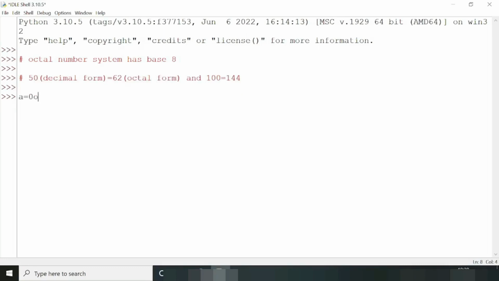So let me define an octal number, that is a equals to 0o and then 62, which means 50. Now here I am going to declare another variable, that is b, where I am going to store the addition of a with a. And this line will print the value of b. Now again note that we have actually added 50 with 50, that's why it is showing 100,